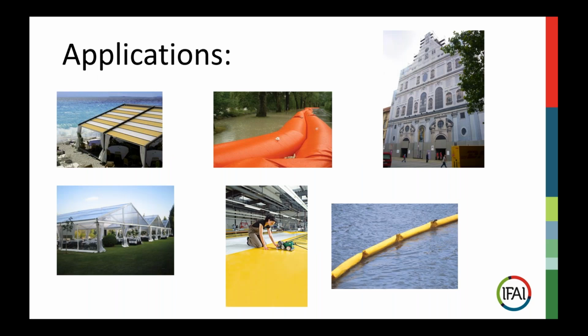And to go over some applications so people get a better idea of all these options, we have some photos here to kind of go through those. We have some awnings or some shade structures, water or flood control, oil booms, large billboards covering construction sites, signs and banners. At the bottom is an automatic welder paneling two large pieces together, architecture, so large fabric buildings,